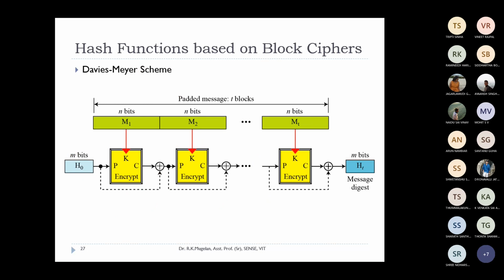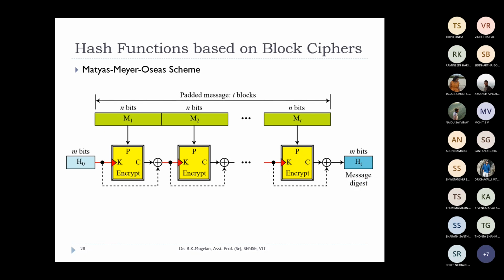Then comes the Davis-Meyer scheme, and here also you'll be using the same block cipher for everything. The only difference here is that they took a feedback. That is, the plain text which has been given as an input is taken here, and the value coming out of the ciphertext will be XORed here. The output here is nothing but my hash value. So this is repeated for all the T blocks, and the final output is taken as a message digest value